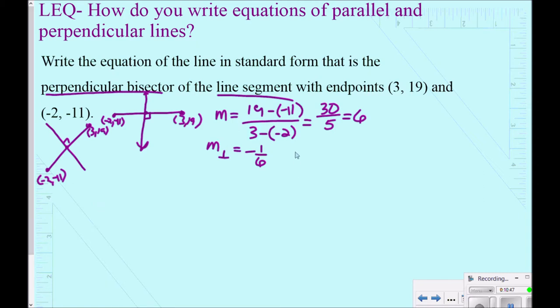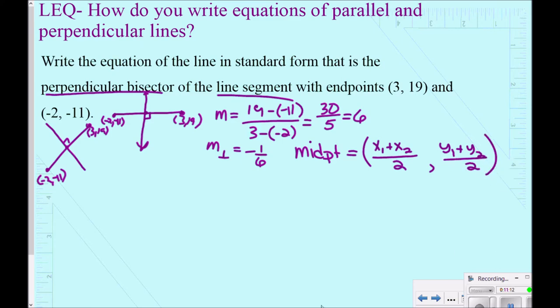Well, you learned that the midpoint is equal to, basically you're just finding the average of the x's and the average of the y's. So you're adding the x's and dividing by 2, and you're adding the y's and dividing by 2,